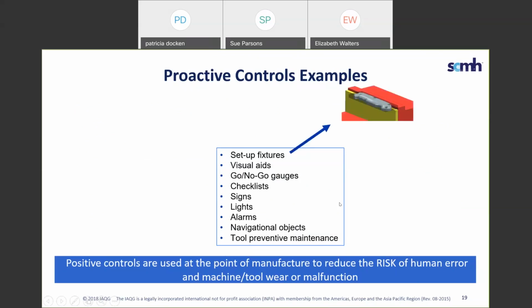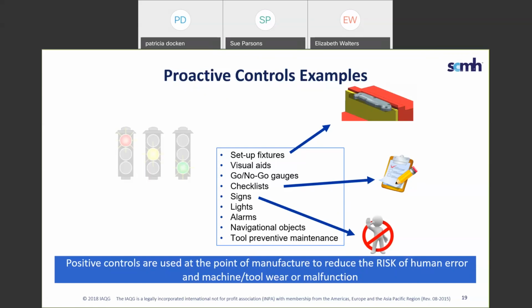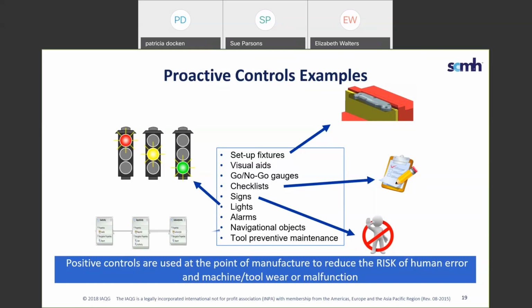Examples include controls like errors that physically prevent a part from being set up incorrectly. Work instructions or visual aids, could be go, no-go gauges, checklists that help and reinforce standard work. Could be something as simple as a visual signage reminder. And then other visual and audio cues such as lights or alarms. Think about machine controls like machine monitoring of fluid levels, equipment maintenance, and so forth. These are all examples of proactive controls that we want to think about as we create the control plan. Next.